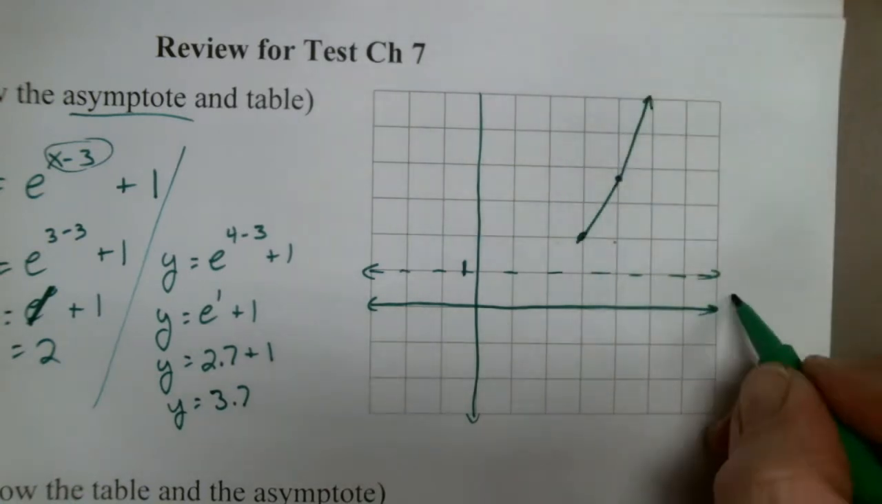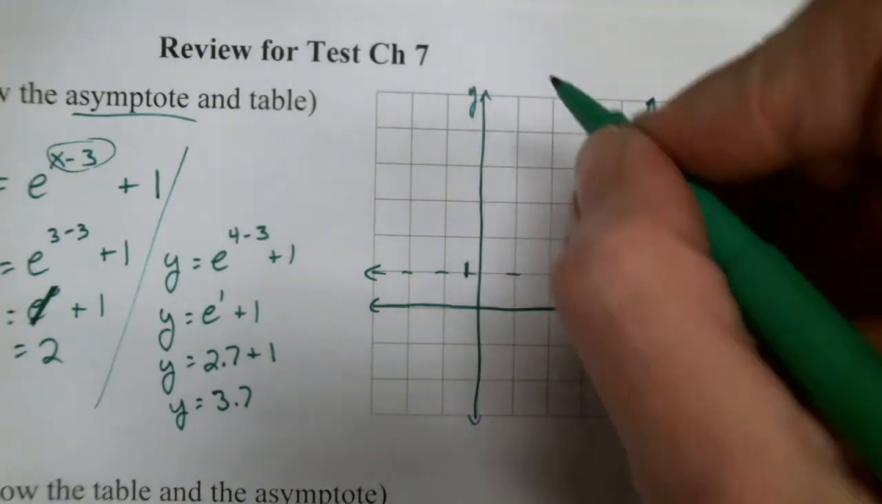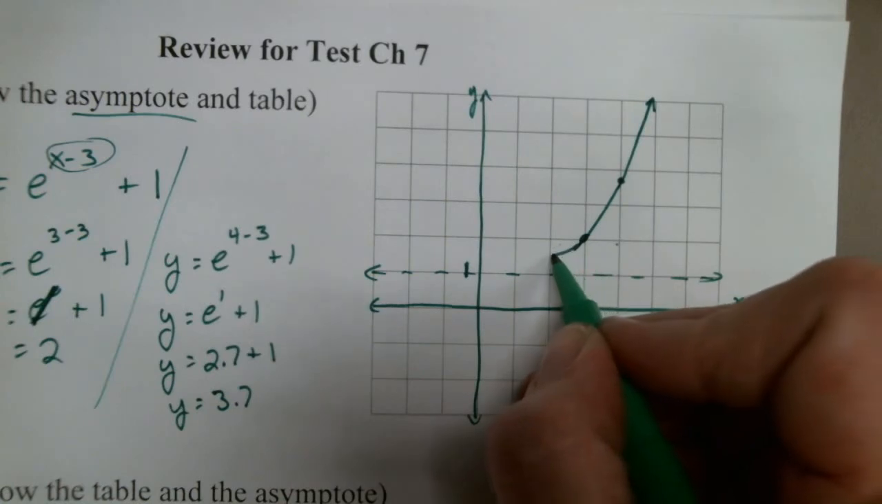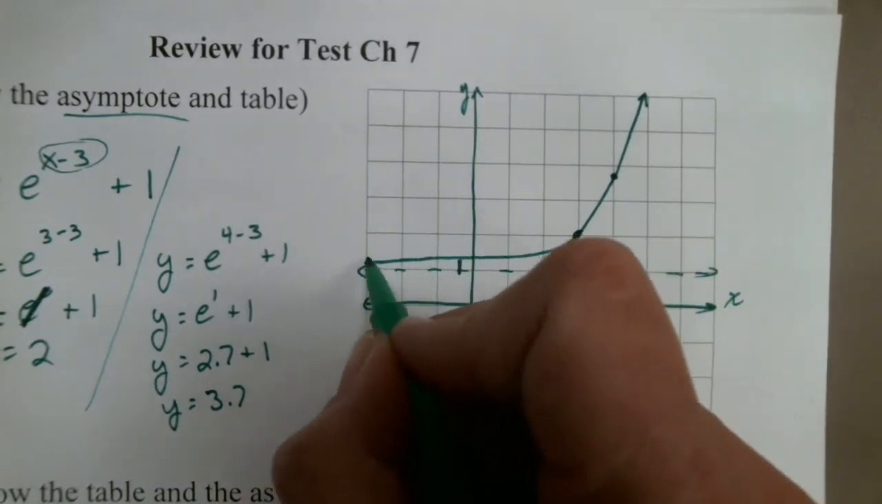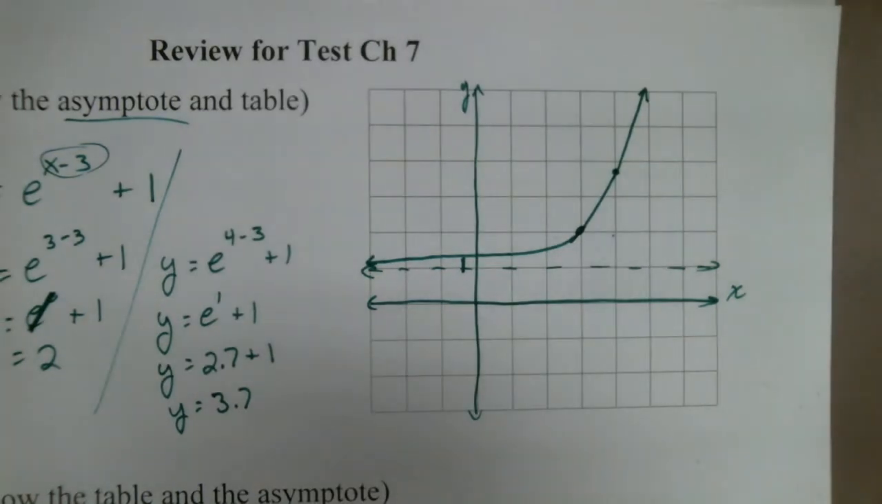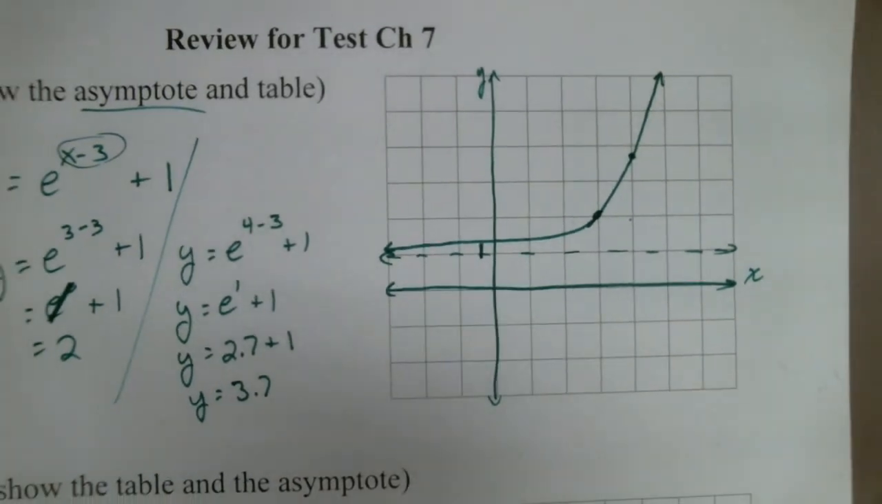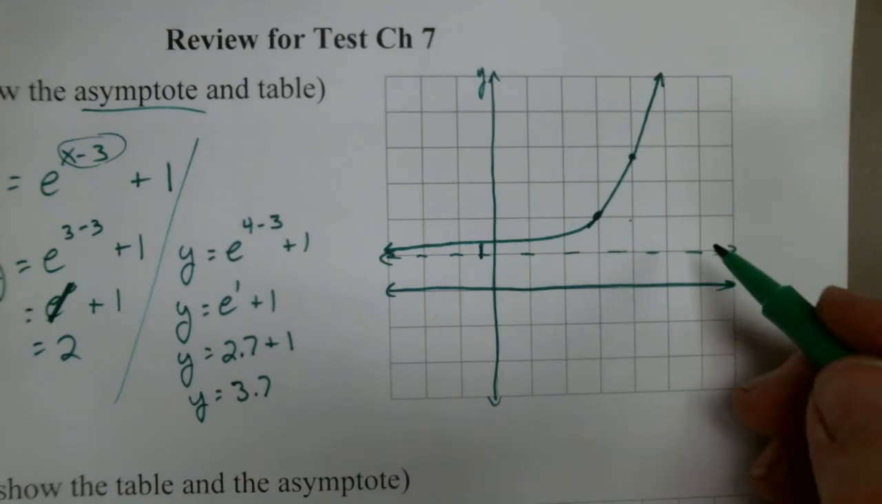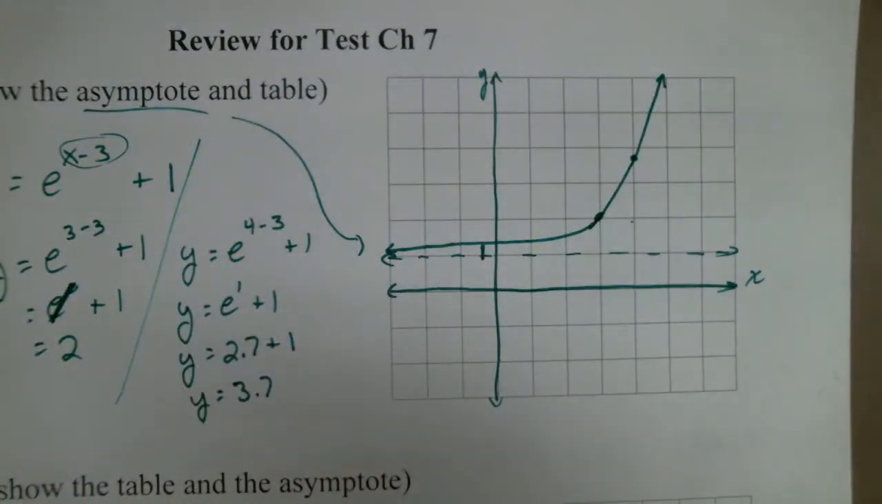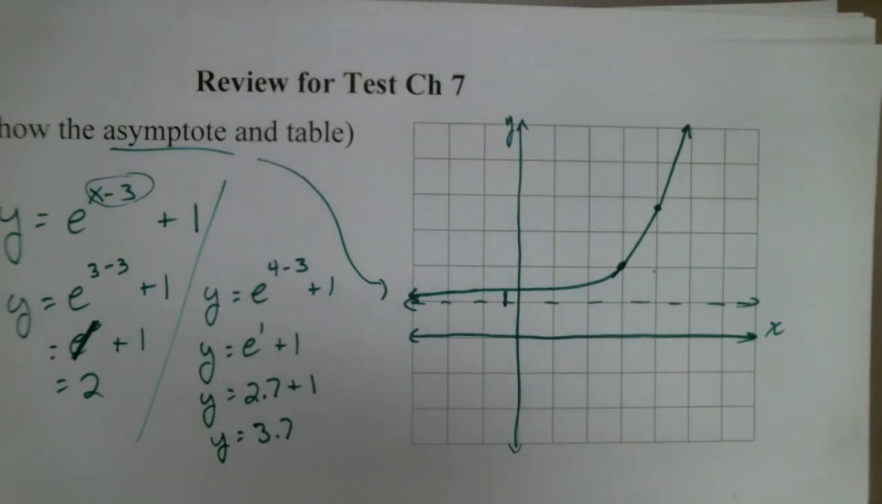As x gets larger, y is going to go off in infinity. And then as x gets smaller, it's going to get closer and closer to the asymptote. So that's what your graph should look like. All right, that's number 1. Make sure you clearly have the asymptote and the table when you're doing the test. All right, number 2,